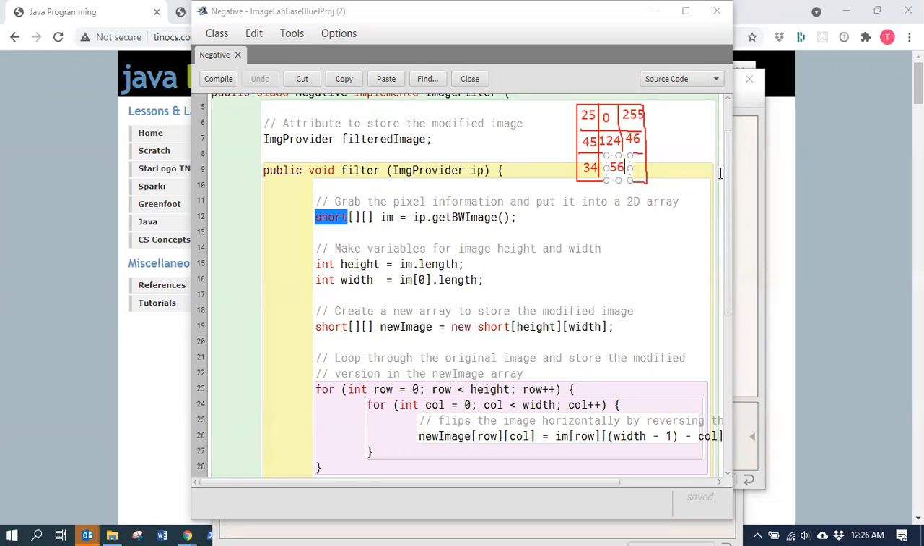Let's see. The best tool, but it works. Okay. All right, so